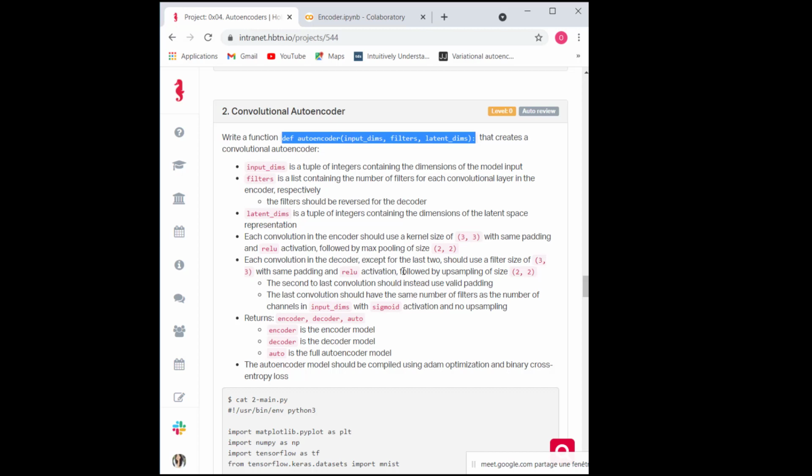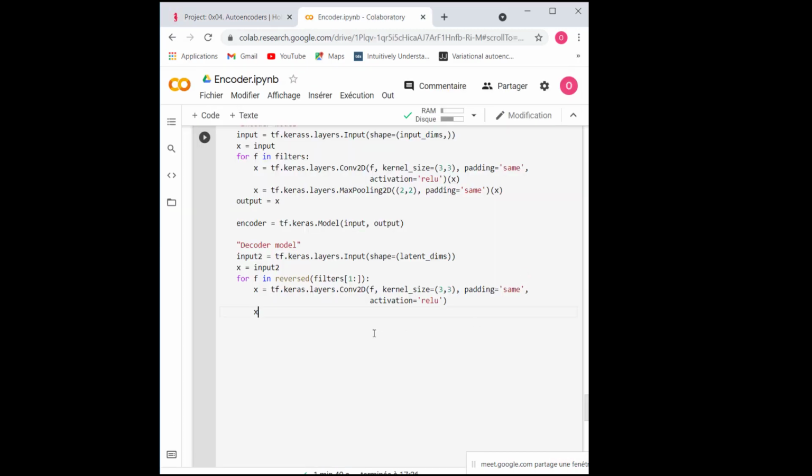They said it will be followed by upsampling of size 2 by 2. So my X will be an upsampling layer. I think it should be written like this. Yes.